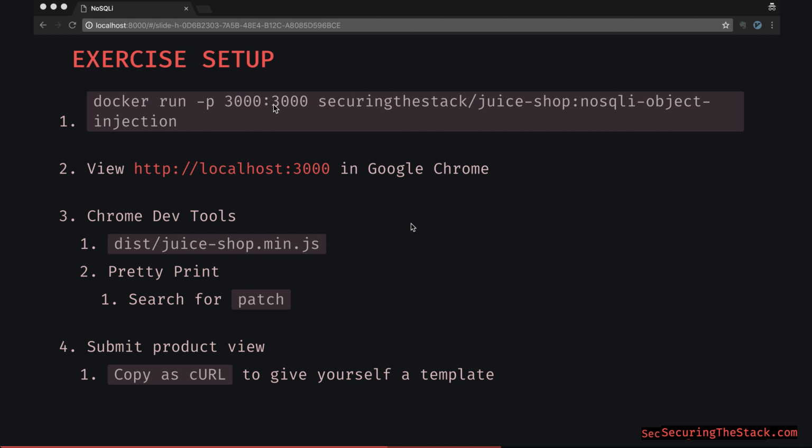Now, I'm going to step you through how we do the exercise setup, and I'll show you step by step outside of the screen that you are looking at right now. But just to briefly summarize the steps, you're going to be spinning up a Docker container, and just know that the app has some vulnerable code in it, so keep that in mind whenever you spin this up. Anyhow, outside of that, you're going to be going to the app in Google Chrome,